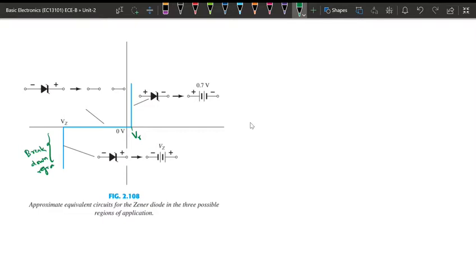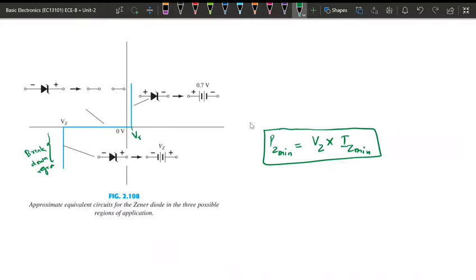With minimum current, the minimum power dissipation by the Zener diode equals VZ multiplied by IZ minimum. Similarly, the maximum power dissipation, PZ maximum, is VZ multiplied by the maximum current that can flow through